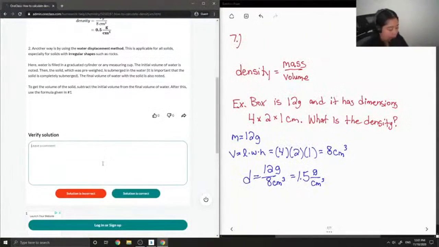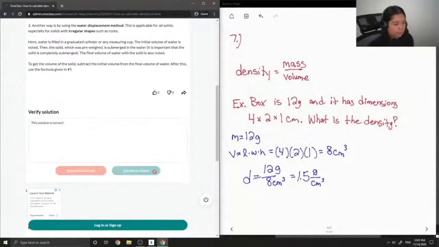Yep, so that's another way of calculating density. This solution is correct. Okay, so now let's